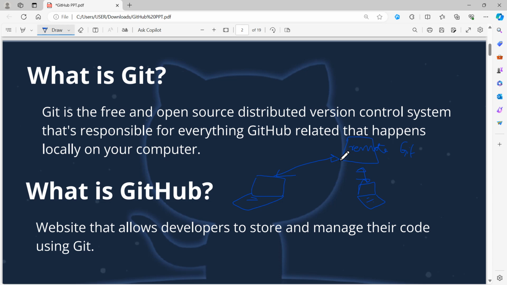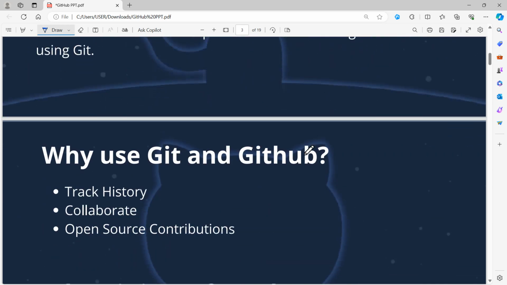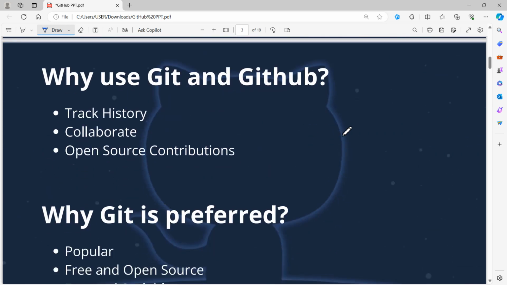So we understood the basics. So let's move on. The next page is why use Git and GitHub. First, track history, which we have already mentioned. Then collaborate. Collaborate means